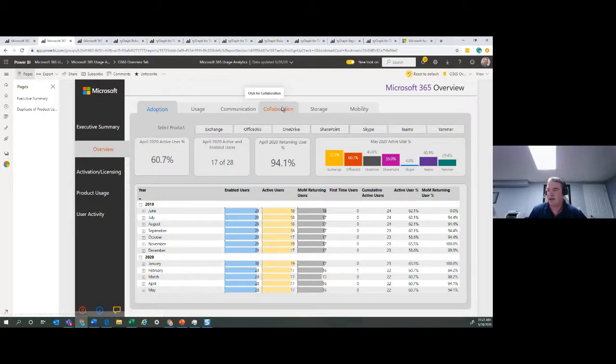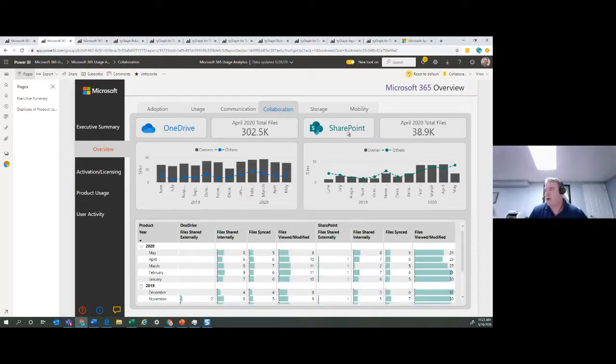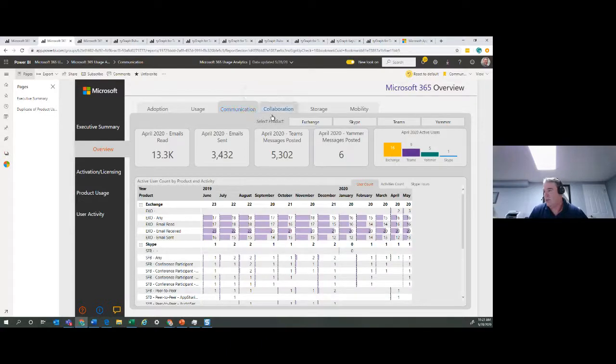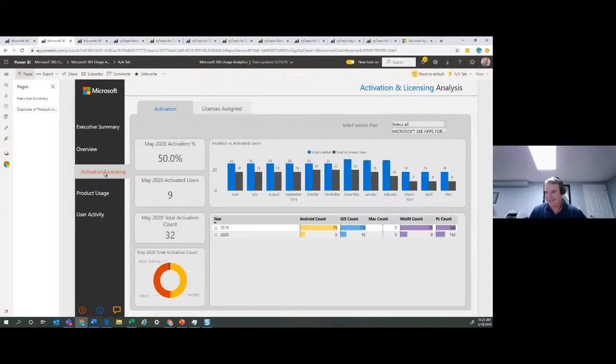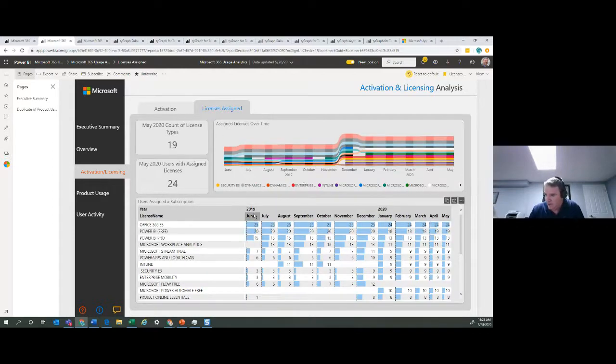If I'm looking at the collaboration suite, which would be things like OneDrive and SharePoint, or at communications, which would be more around your Teams type of adoption, this gives you some good overview and information. Also around licensing, so understanding the total number of activations that have happened and the number of licenses that have been assigned over time, again broken down by various months.